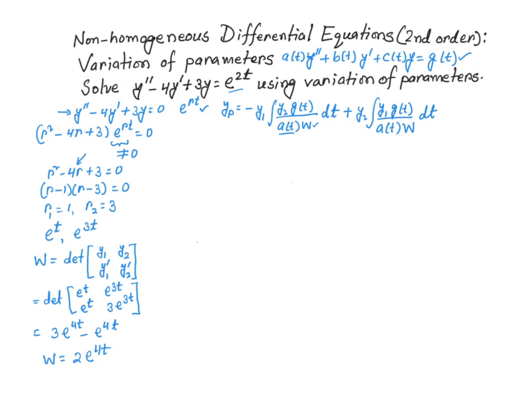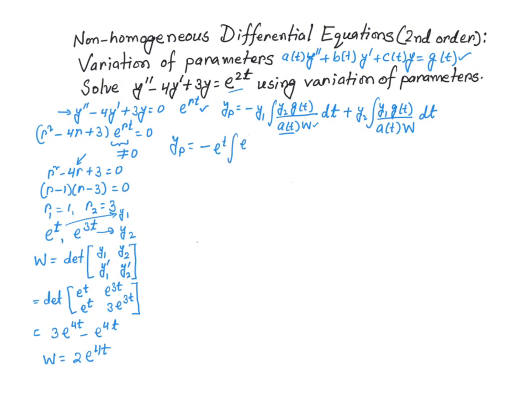And y1 and y2 are the solutions to the homogeneous equation. So this is my y1 and this is my y2. Now I can go ahead and find the particular solution. Y sub p is going to be equal to negative y1. So y1 is e to the power t, right? Negative e to the power t